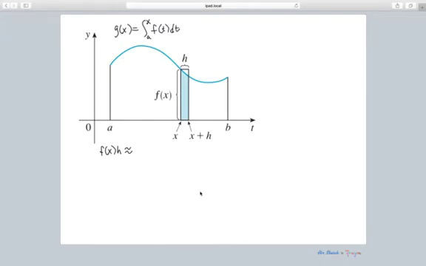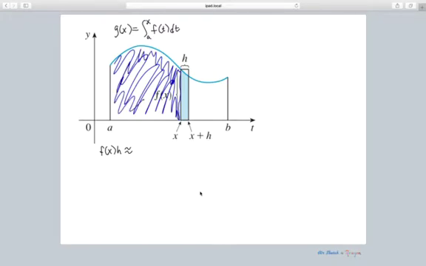So right now, if my x is where it's labeled, then that g of x just represents all of this area up to x, right? Well, I just want the area under the curve in that rectangle. So another way,